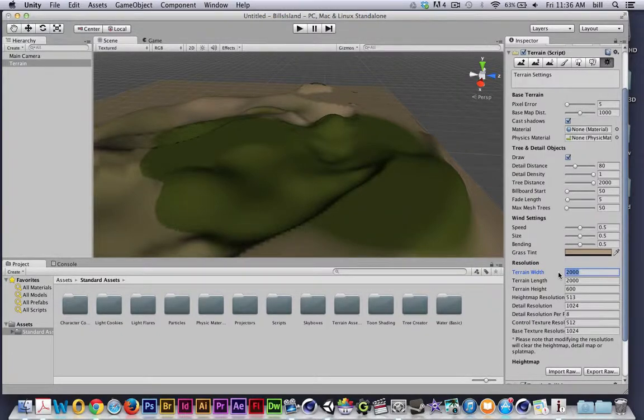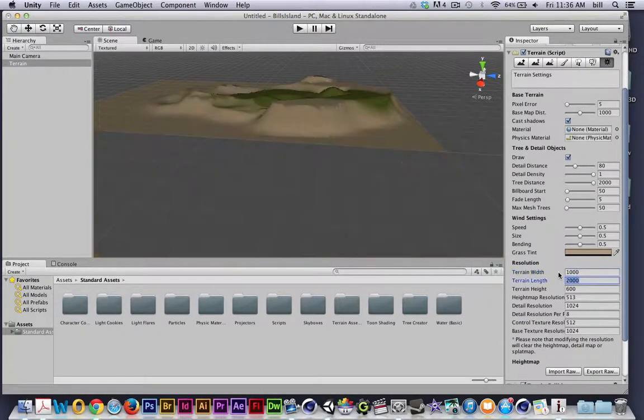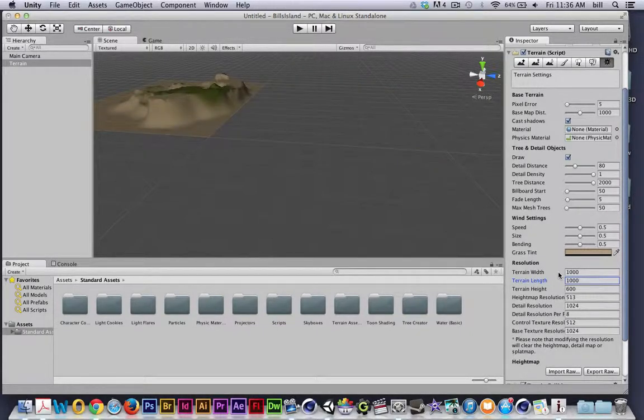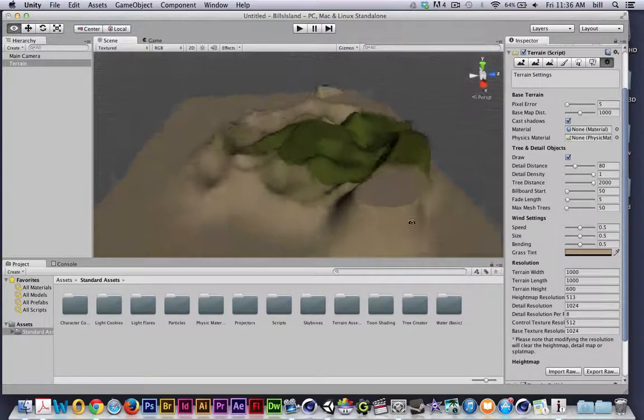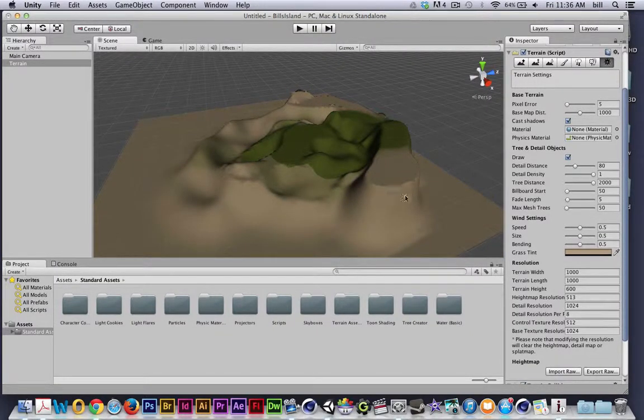So I'm going to recommend that we take this down to roughly 1,000 meters in both the width and the length. And I'll hit return, and that makes the map about 1/4 of the size that it was to begin with. Okay. Now, in the event that I want to change this map and really start creating it based on